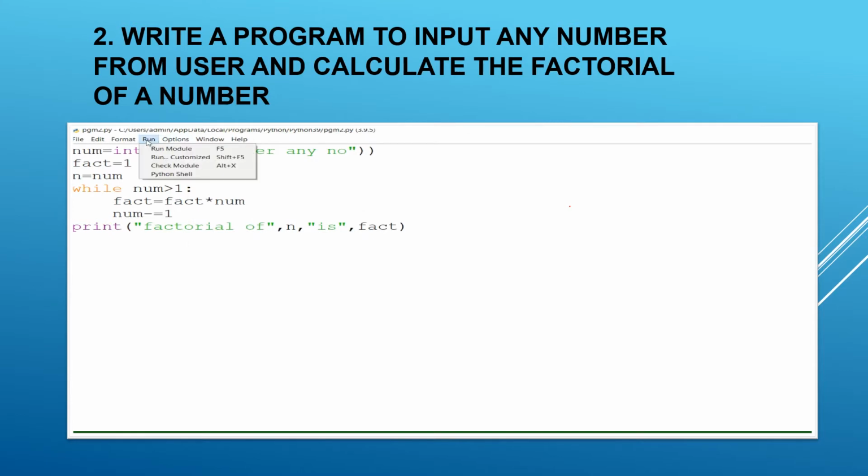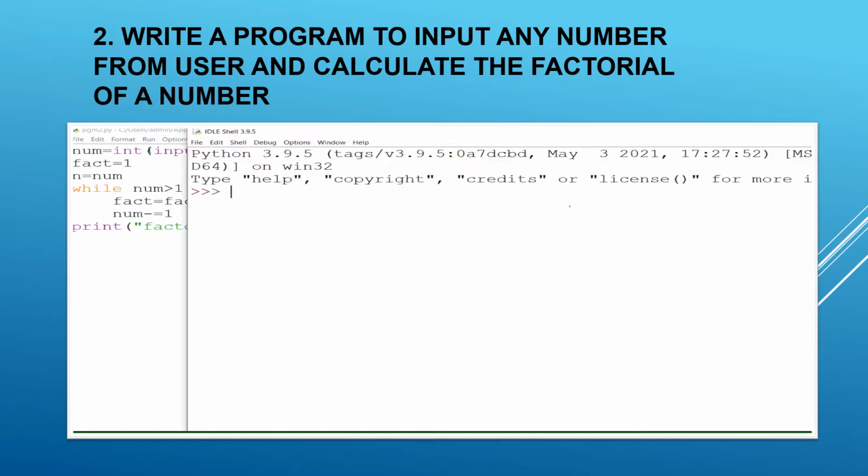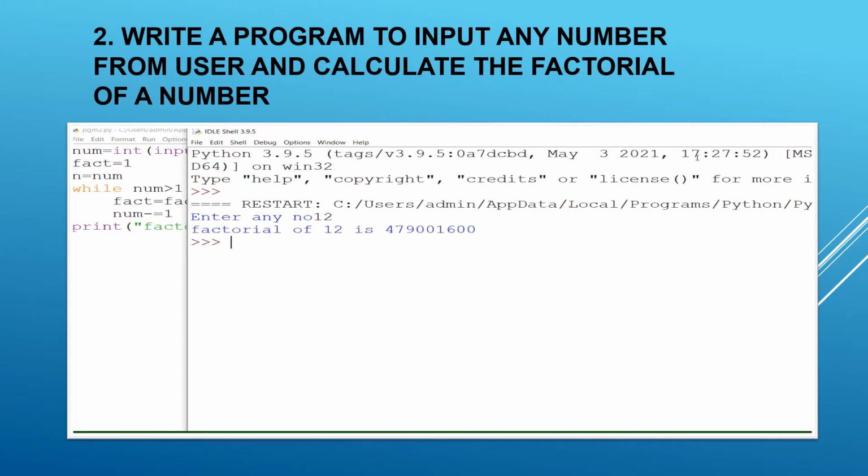So here we go with fact equal to 1, and while num is greater than 1, fact equal to fact into num. First the value of num is 5, so fact into num gives 5, and again fact is equal to fact into num.